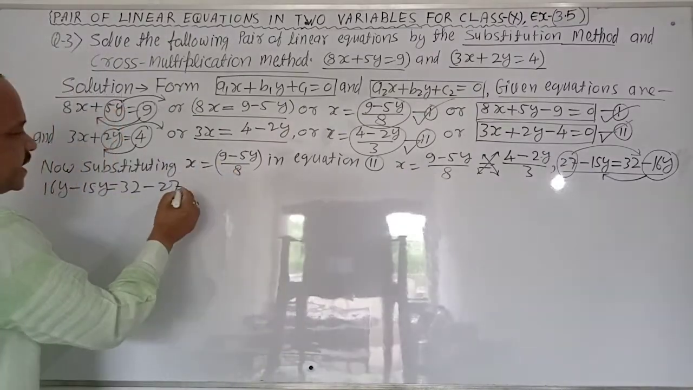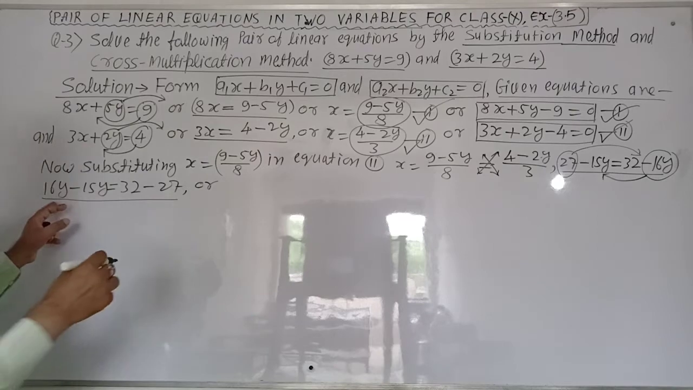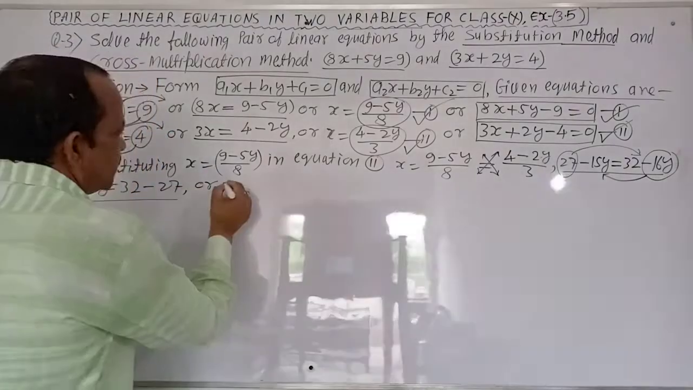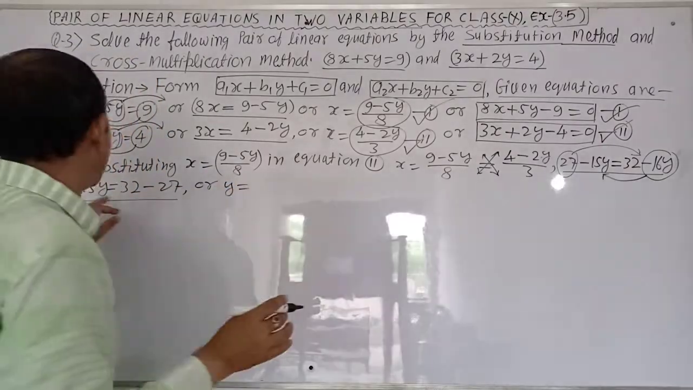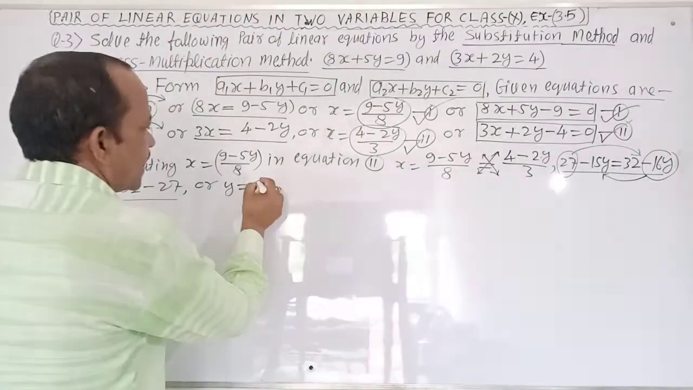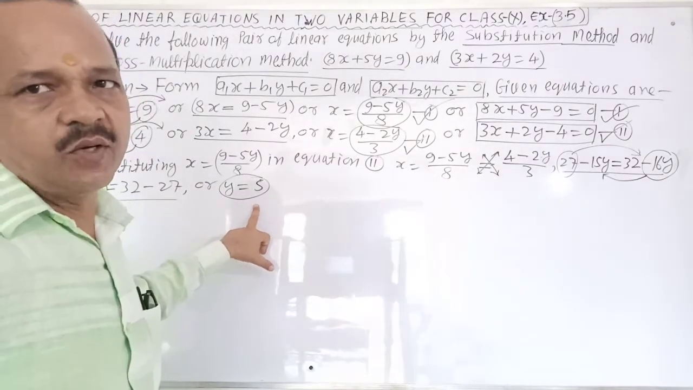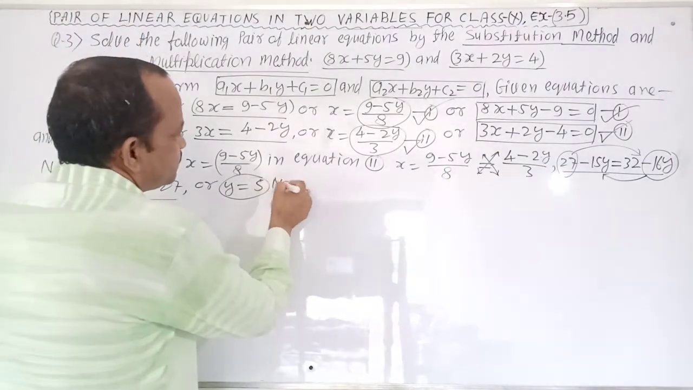You subtract it. 16y minus 15y becomes y, equal to, here you subtract it. Clear? 5. You find y equal to 5. Clear? Now put